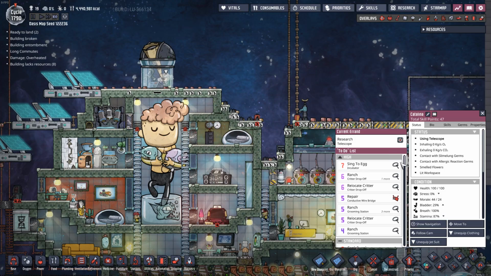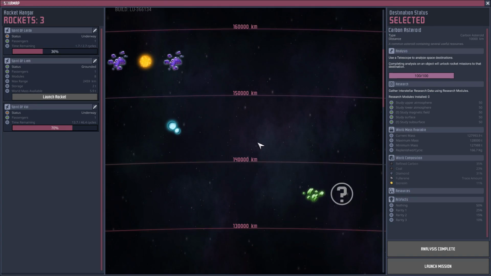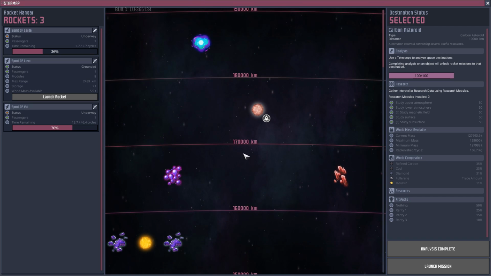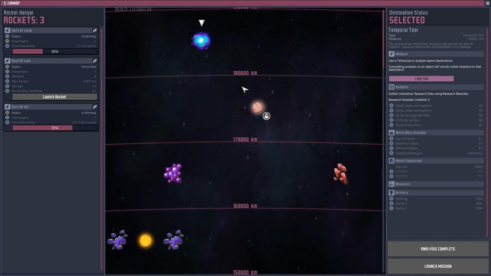Catalina, what else are you looking at here? I think she just likes to go over there and sit in the telescope room every once in a while. She's not actually researching anything. We have researched the temporal tear. It's all the way out here at